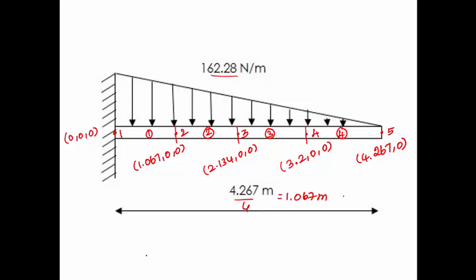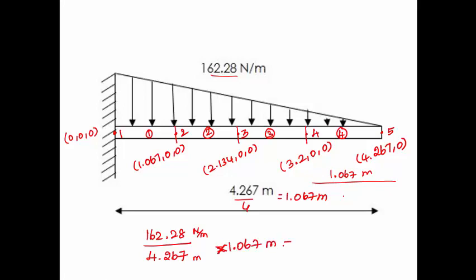Okay, so for the total length of 4.267 meter, a 162.28 Newton per meter load is applied. Okay, so for each individual element, say the first element, which has a length of 1.067 meter, if we calculate the variation in the UVL, then we will arrive at the result